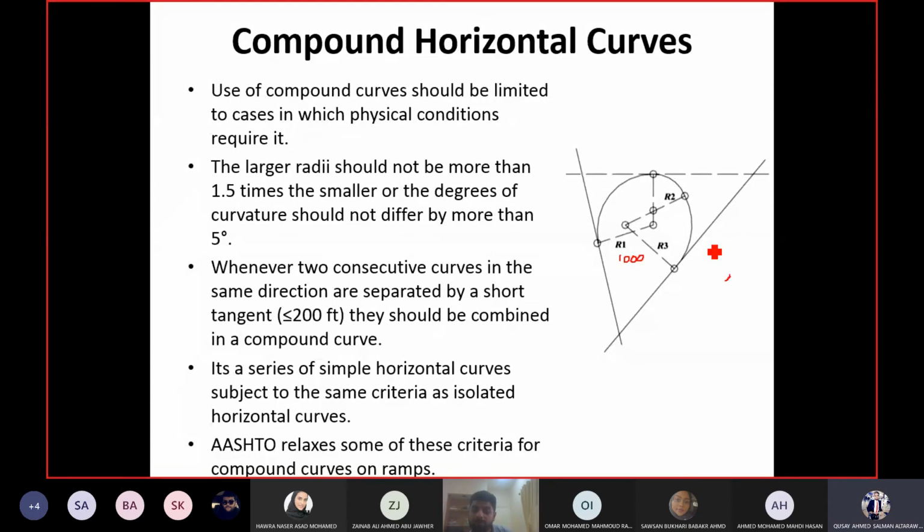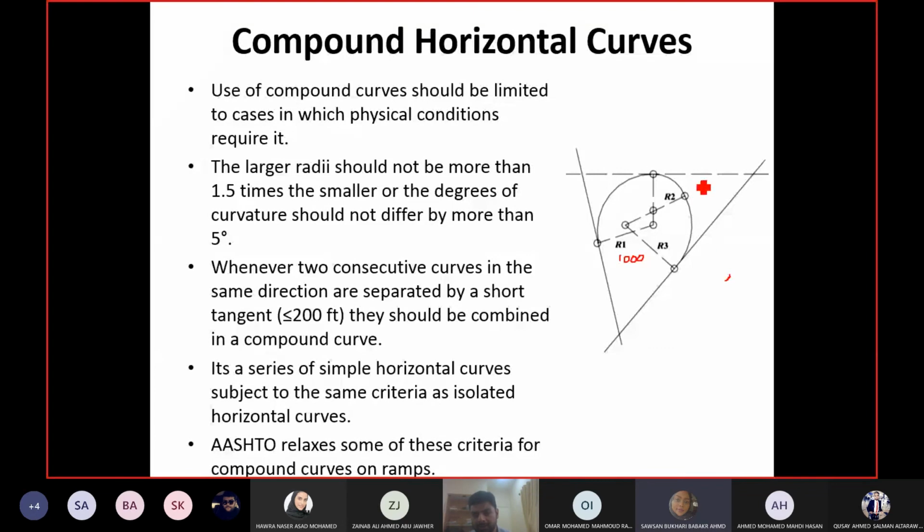I said R1 is the larger radius, right? Now you are calculating a smaller radius, so you will divide R1 by 1.5. If I gave you a smaller radius and asked you to calculate the larger radius, then you would multiply, right? I'm saying R1 is larger, R2 is smaller. Then R2 should be